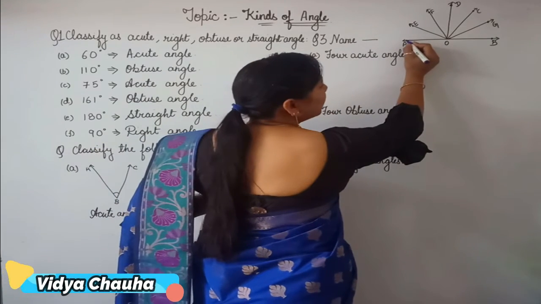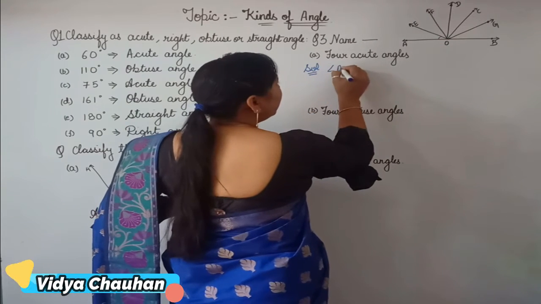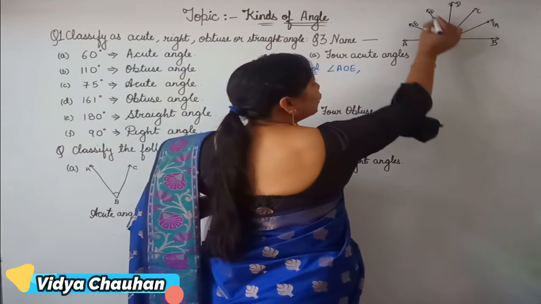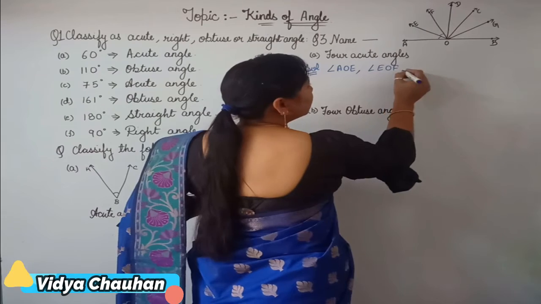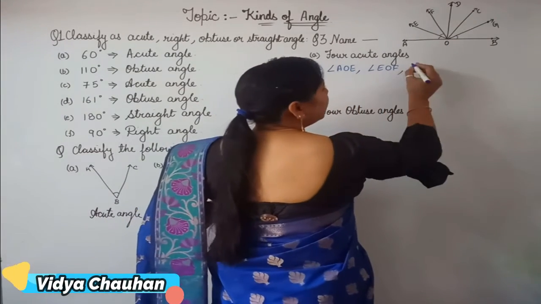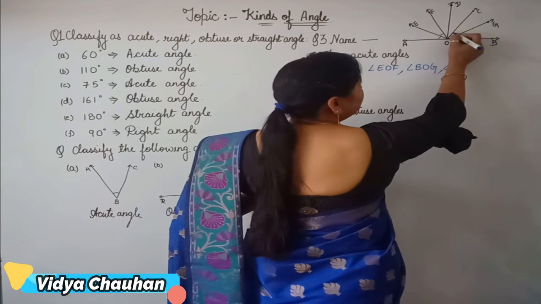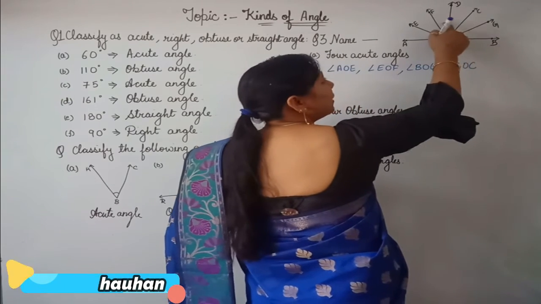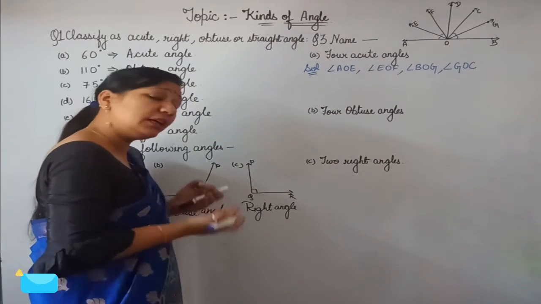So here I am giving a name as angle AOE. Very first I am giving angle AOE. Then angle EOF, this second angle, angle EOF. Similarly, let's take one of the acute angle from this side. So that is angle BOG, and then I will take this angle or angle GOC. You can take some other angles also. They are also acute angles. You can name any of the 4 acute angle as per your convenience.